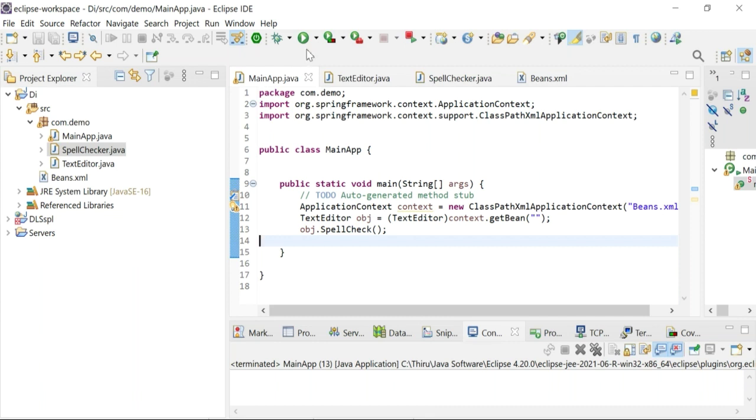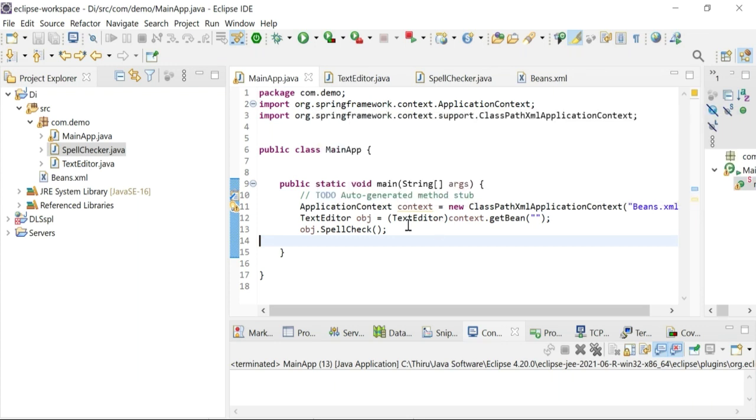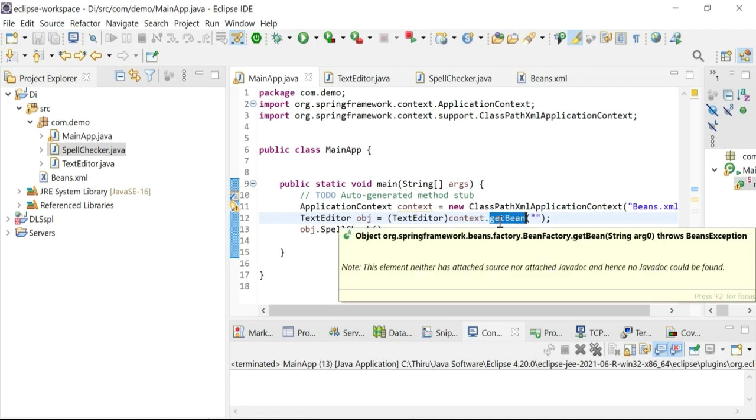You can see initially the control comes here, and we need to give in the main app, we have yet to give this. In the main app we need to give the bean name, text editor. So we access the bean using the getBean method.